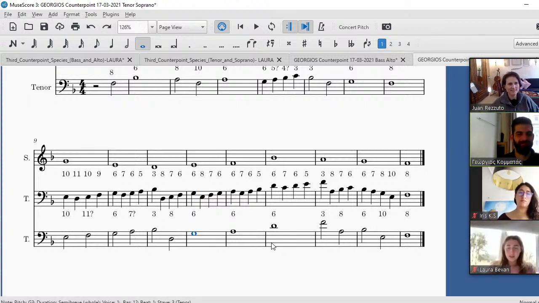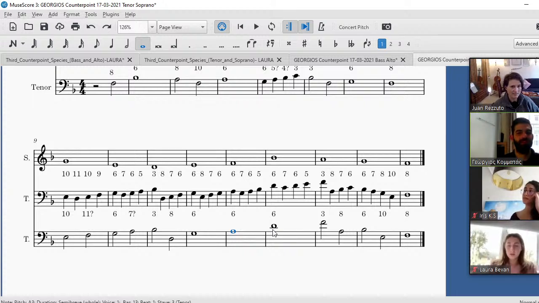But that's why I want you to think about some things when you do the third species counterpoint. I see. Yeah. Again, you see, this is okay. A, I would argue that you would go to a B, but you see that if you have A, B, passing, yeah. Then you have, you see that if you have A, G, A, B, this kind of asks to go to a C. Yes, but